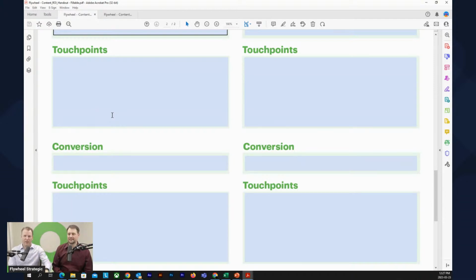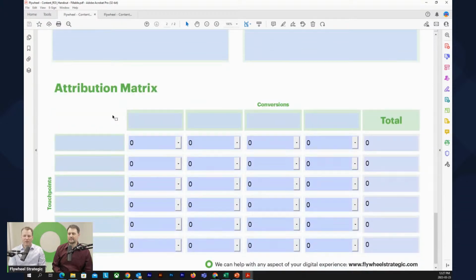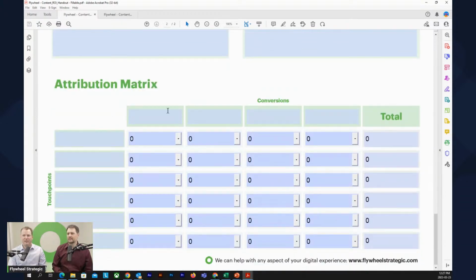Perfect. All right. Once you've done all that thinking, then you get down to measuring how this all works. And so this is where using a tool or your own analytics, what have you, you do need to start to build an association between what were my outcomes and which content helped me get there. So this is where you do need some sort of data platform, analytics, Google, what have you, to be able to tell you, okay, if that was where somebody got to, what did they touch along the way in order to get there? And we're suggesting here that you're just counting those. You might weight them afterwards, but just count how many got through. So if we were to look at one of these templates filled out,